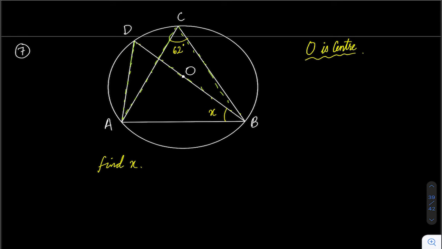So when we have a bow, the only thing that comes to our mind is bow theorem. So what does that say? Angles made by same arc at the circumference are equal. So it means now you can see this arc AB is making an angle C and D at the circumference. So they both should be equal. So first thing that comes to our mind is this angle should be 62 degrees.